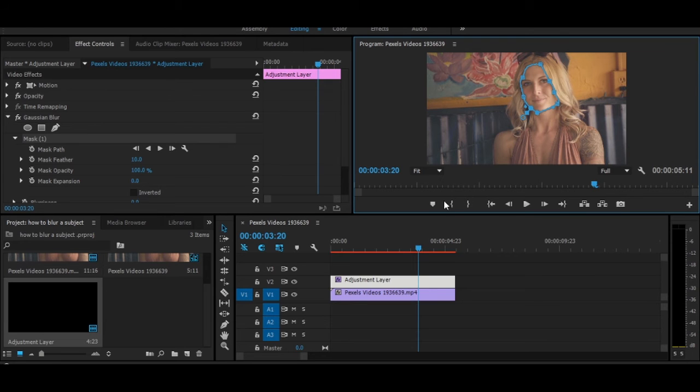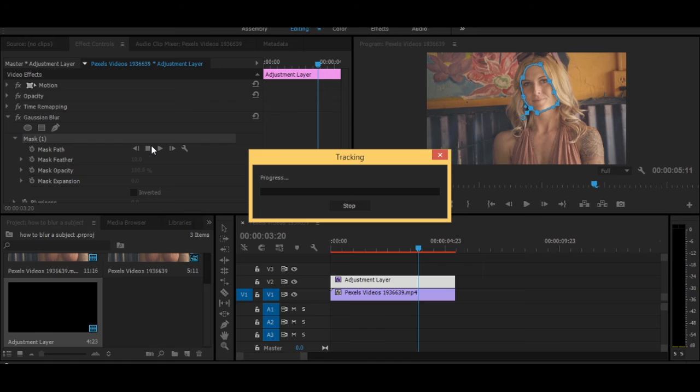If you come over here, you will see that there are two buttons in the middle. One is for backward tracking, and another one for forward tracking. Tracking means following the movements. So it will follow the movements. I will track it backwards. And if my shape goes out of the face, I will press stop and adjust my shape. It will take time, so I will fast forward it.